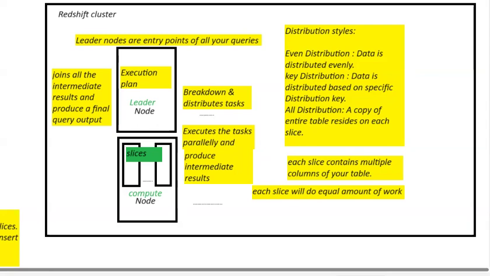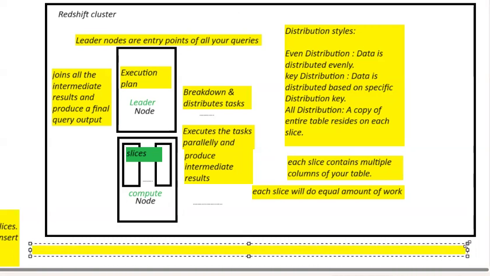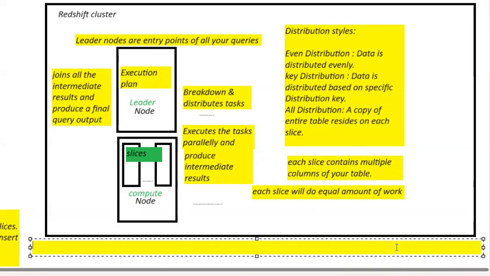Here in Redshift also, your data is stored by using a sort key. How is your data stored? By using a sort key. Why is your data stored using a sort key? To improve performance and to provide query responses faster. So let me frame the whole thing in a single sentence: to improve query performance,